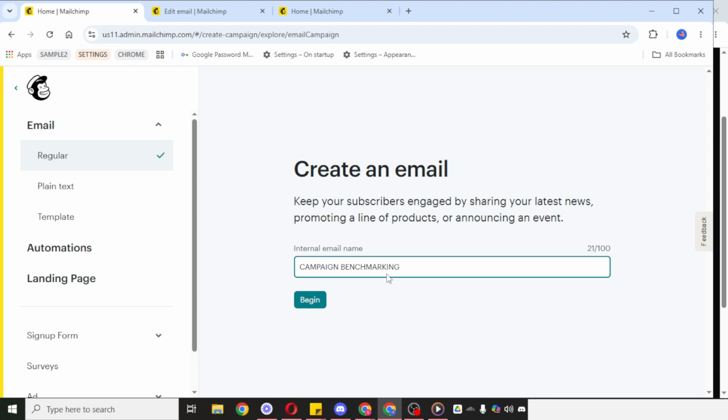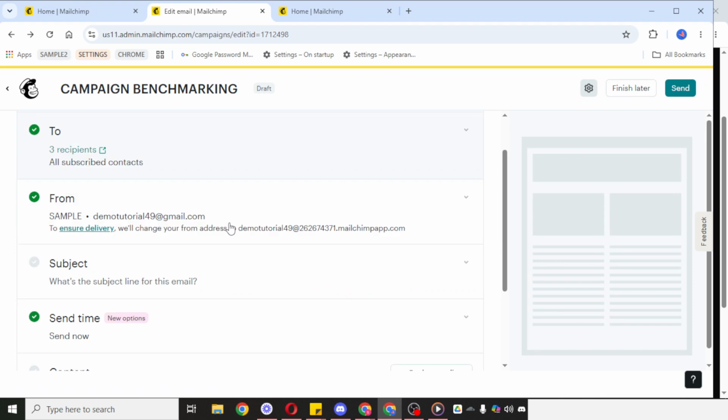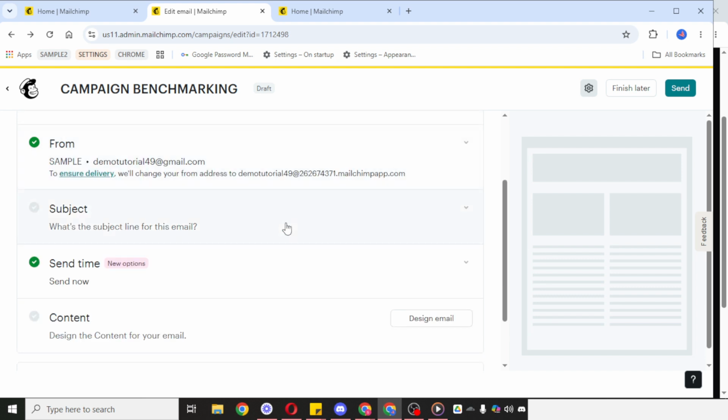Next, move to the Audience section, where you'll choose who the email should be sent to. In the Send To area, select the audience or contacts you want included. You'll also see a Do Not Send To option. This is useful if you want to exclude a specific segment or group from receiving the campaign. For example, this can help prevent sending to people who shouldn't receive that particular message. Once your selection is complete, save it so MailChimp records the audience settings properly.